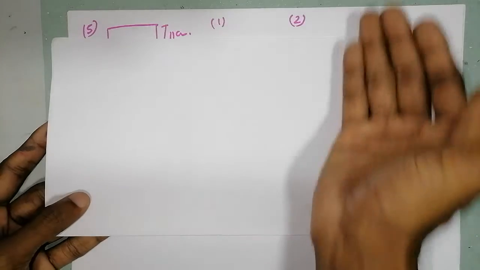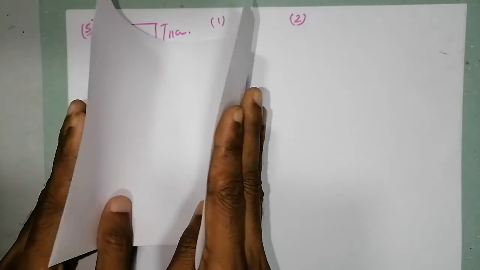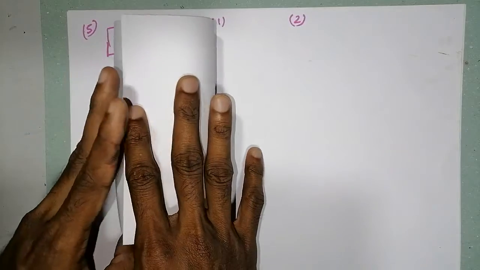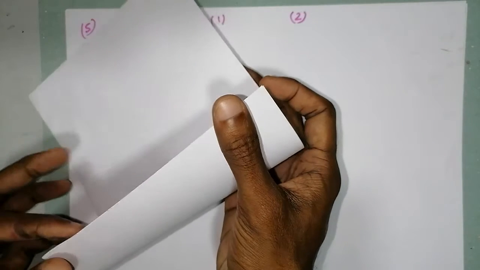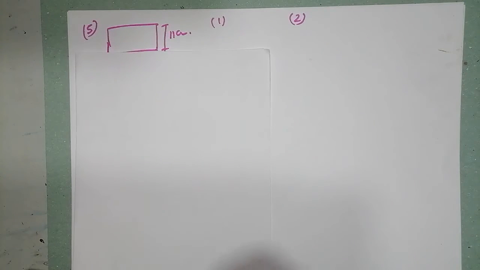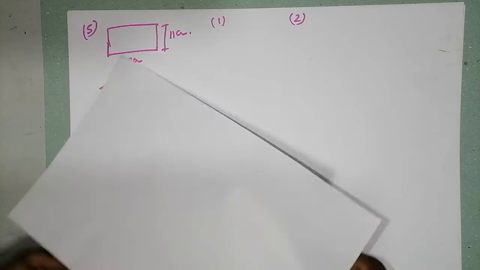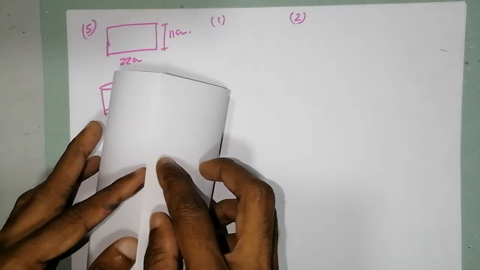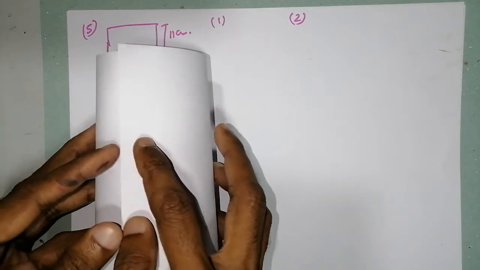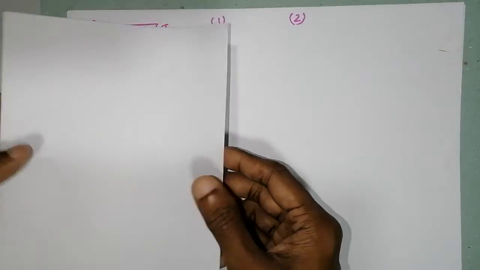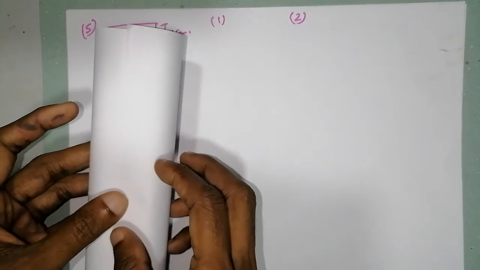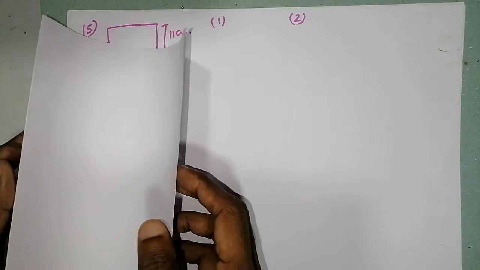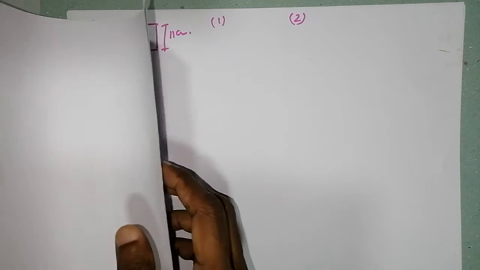Same, we connect the breadth. If you connect the breadth, yes, we can have another cylinder. That's why they mention each side forms the curved edge. Connecting the breadth, we can create a cylinder, and connecting lengthwise, we can create a cylinder. That is the meaning of each side forms the curved edge. So that's how we are going to create two cylinders.